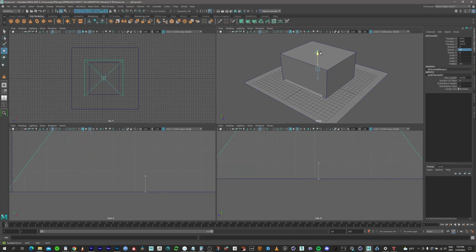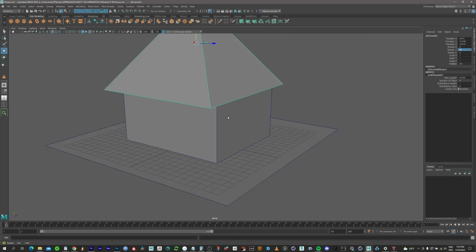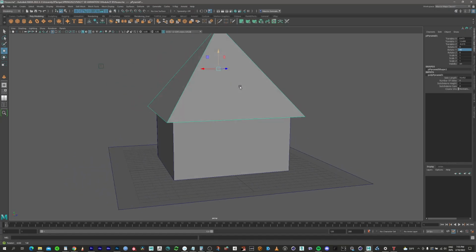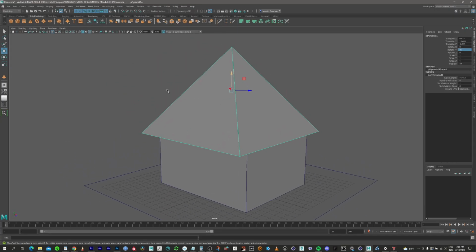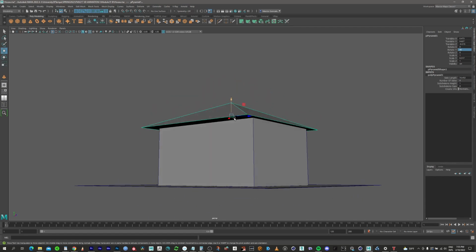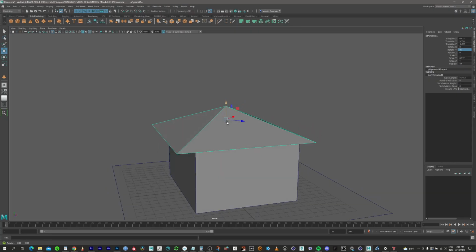And now I can move this up. So I have my roof here, and we can actually scale this down, just this. And now I'm gonna go like here. So we have our roof,